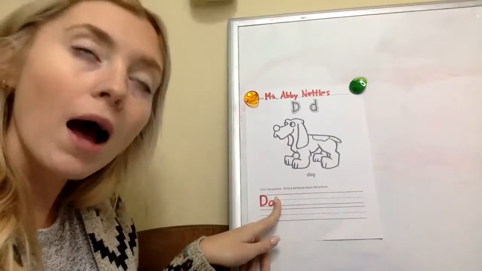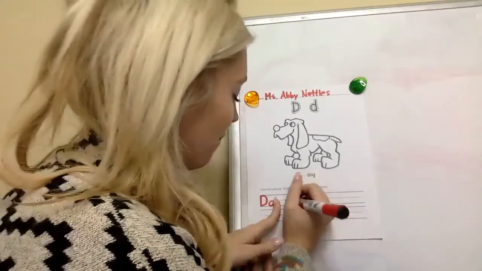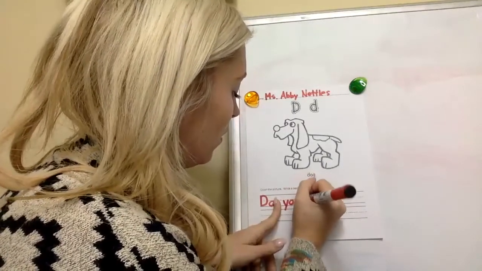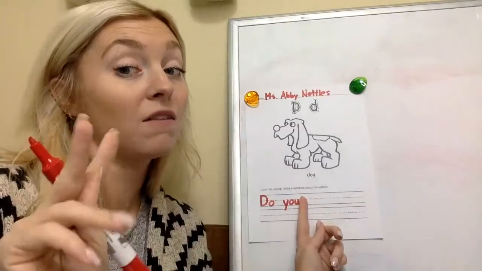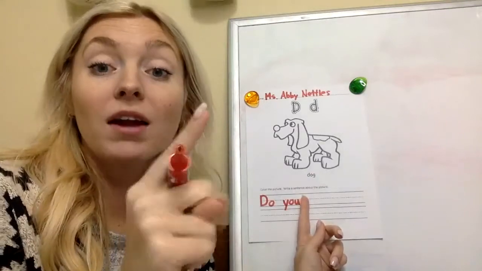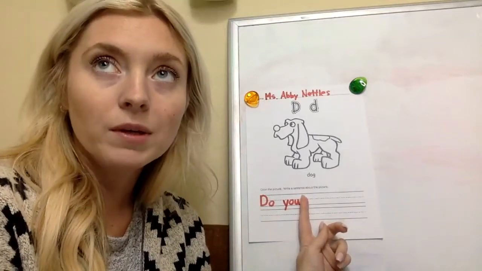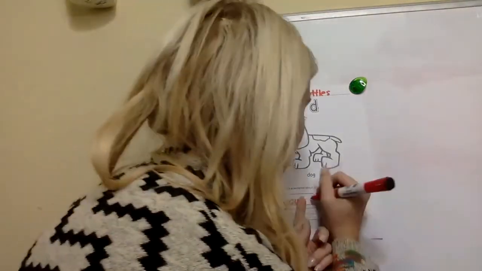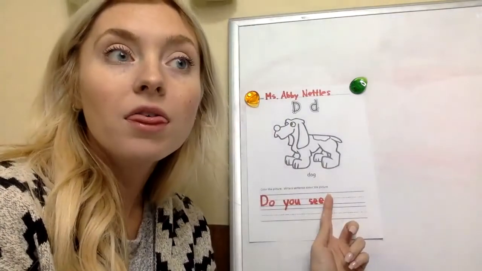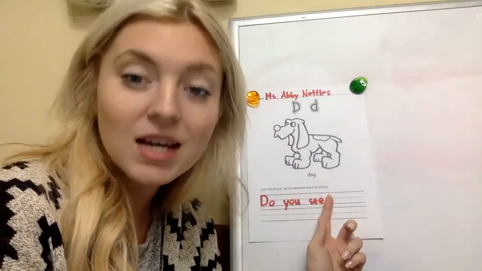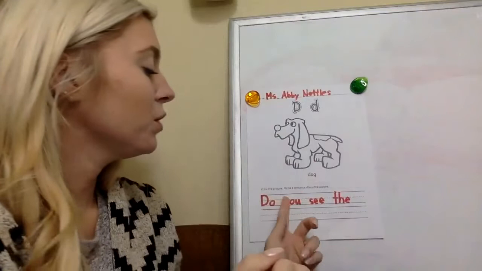Then I'm going to put my finger space. Do you, how do I spell you again? Y-O-U, you. I'm going to take my finger. I have to keep my finger spaces. That's the second of my big three. Has to start with a capital letter, has to have a finger space. So, finger space. Do you see? We know we spell see, S-E-E, see. Do you see the, T-H-E, the. Do you see the